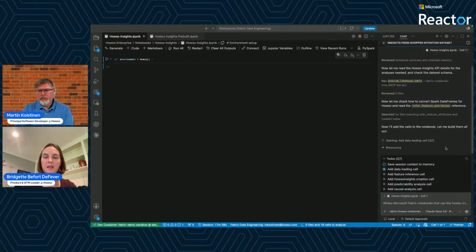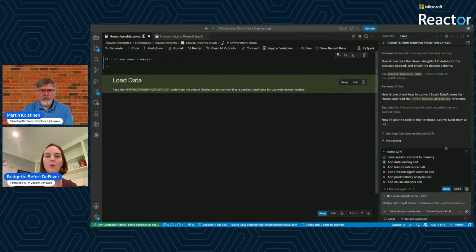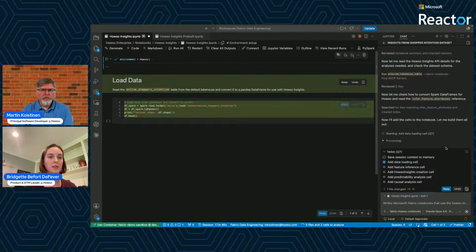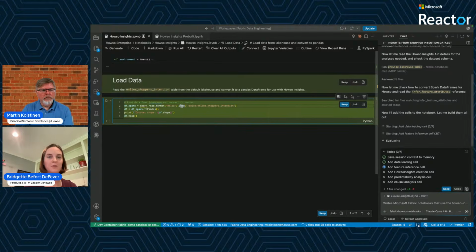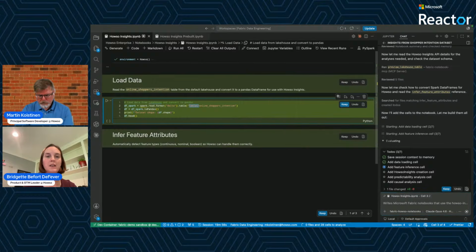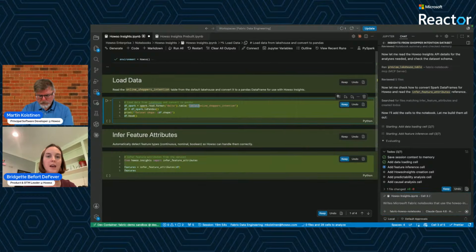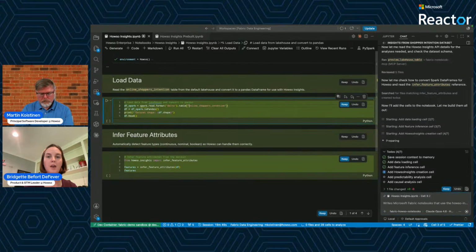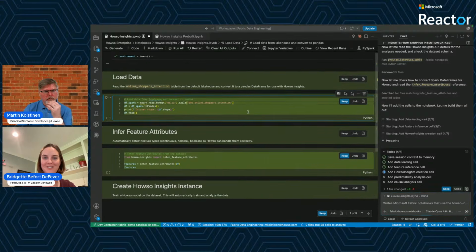And in this data set specifically, what we'll see is that there's a particular feature here that's really going to be driving revenue that we'll want to interrogate further. Oftentimes in the real world, there are a number of different features. We've tried to simplify this a little bit for this demo so we can keep it very clean. But Howso has a number of different capabilities that let you deep dive into a lot of different business questions, hopefully in a pretty straightforward manner using the LLM interface that we're seeing here.